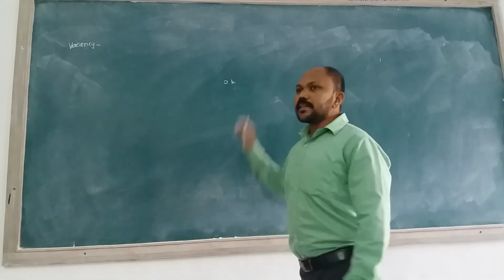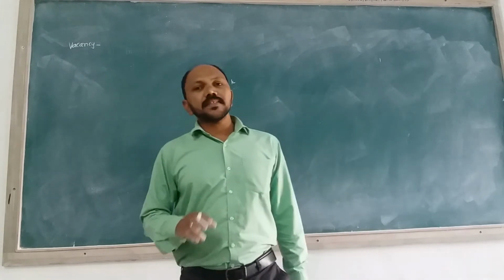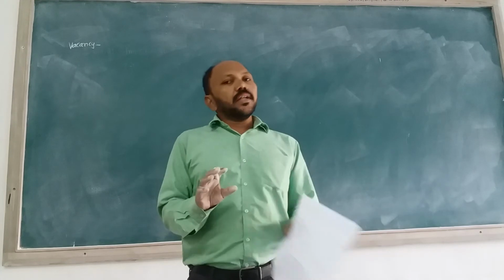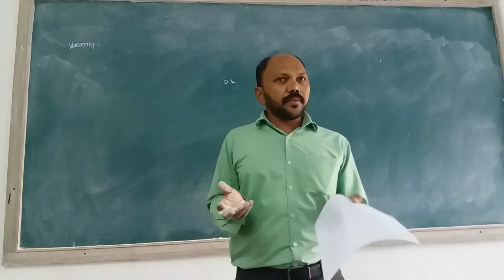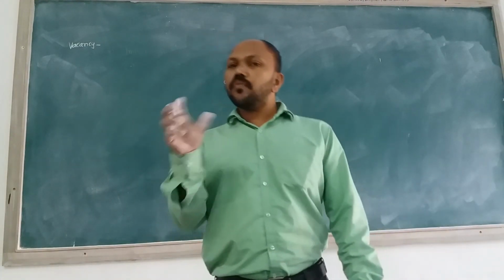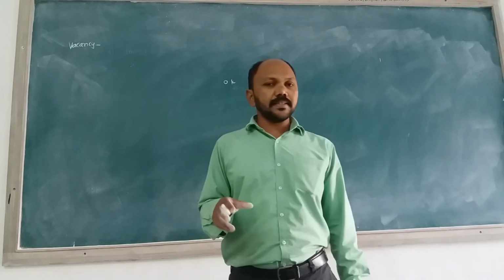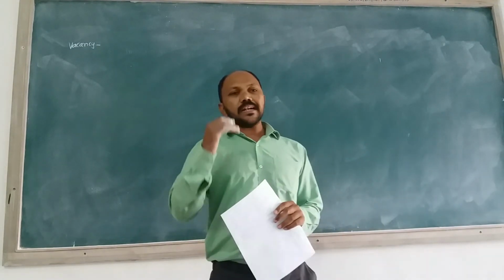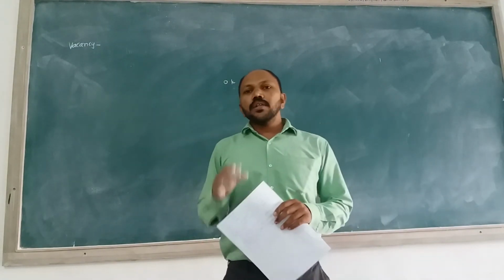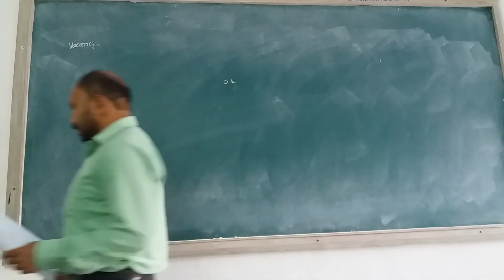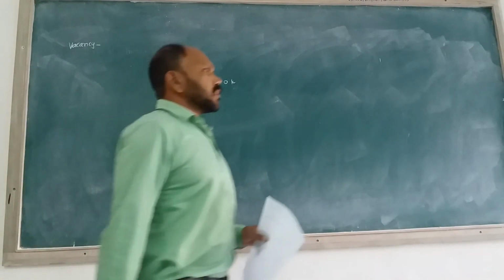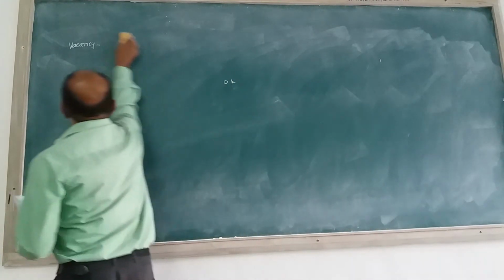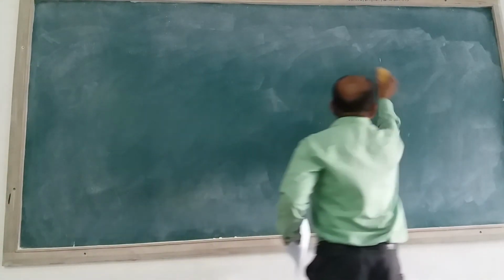So if the temperature increases, then definitely some vacancies are there. But if the temperature is not increased, if the temperature is 0 Kelvin, then it is not possible to create these vacancies. So vacancies are not available in that case. Okay, at 0 Kelvin vacancies are not available. But if we slightly increase the temperature, yes, definitely vacancies are available. Now we see another type of point defect. This point is finished.